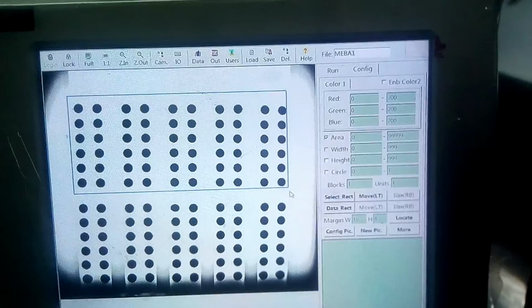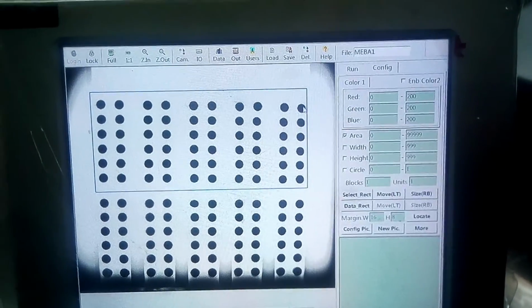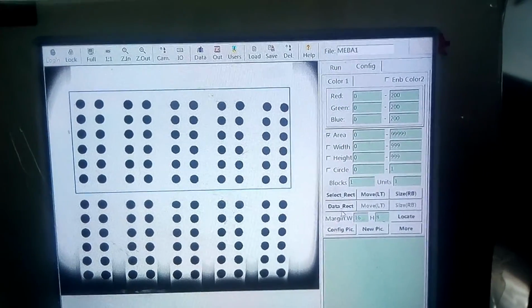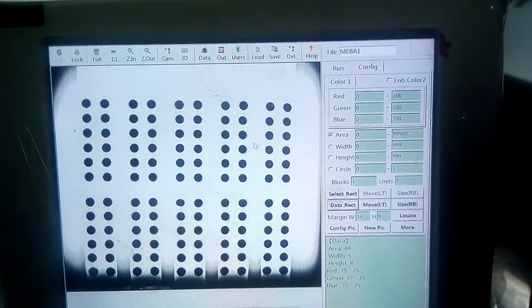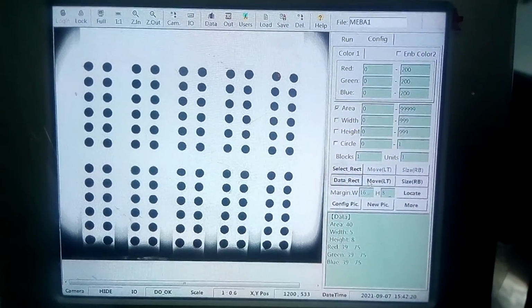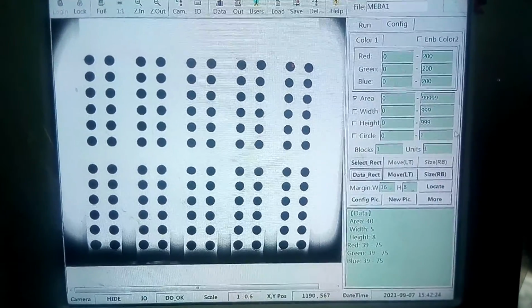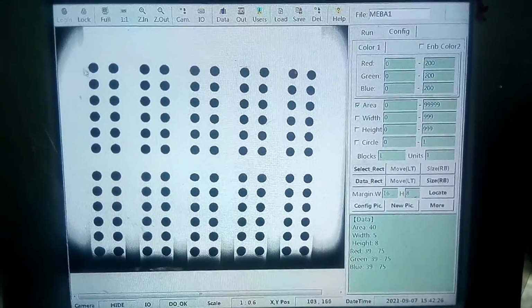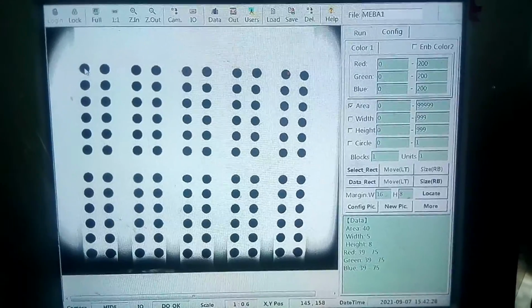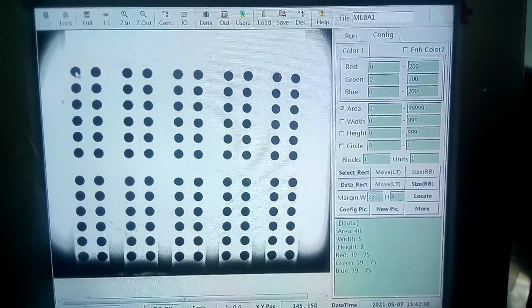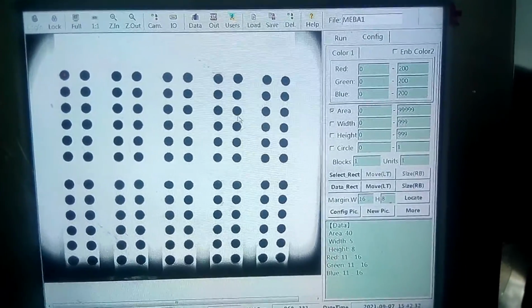Sorry, it's better to make it like this. So we come in here, we will touch the medicine, I mean the tablet, here in the center. Yes, in the center, we touch this one.